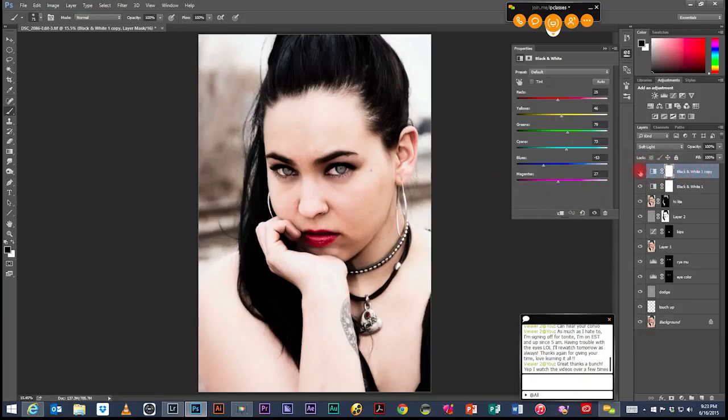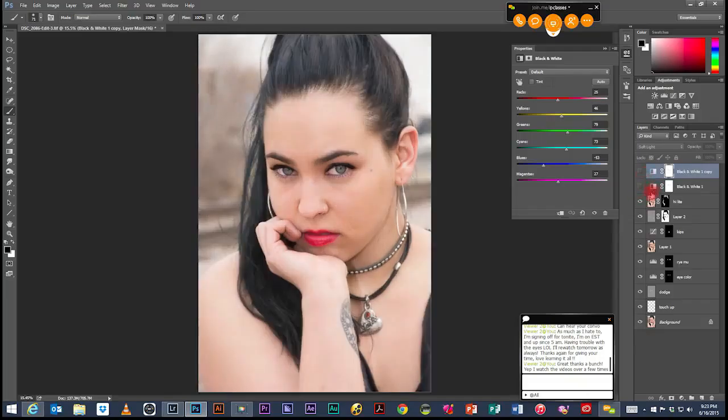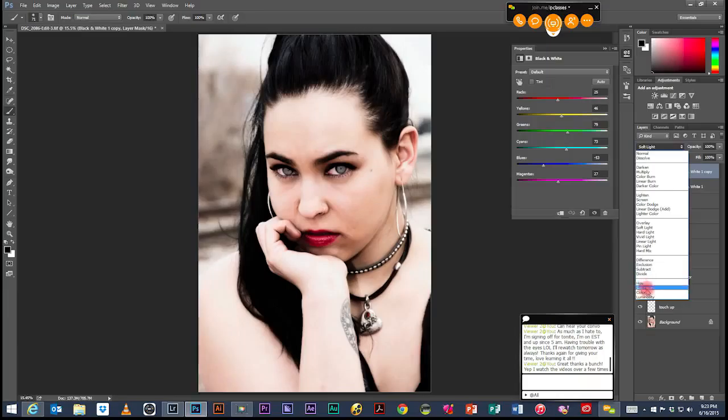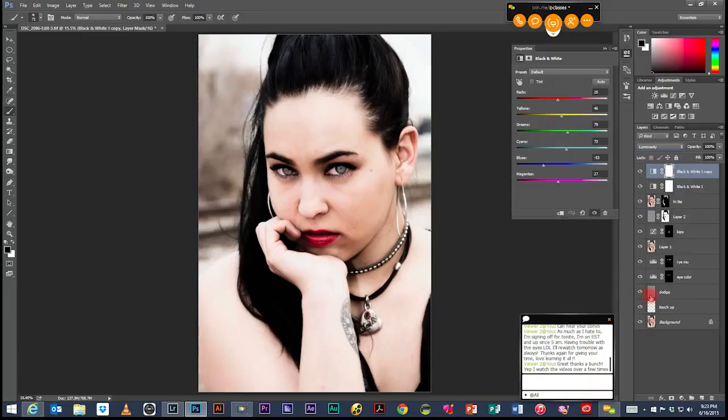So here's without the top black and white layer. Here's without the second black and white layer. Okay, so that's the original minus the black and white layers with the soft light. And then what I can also do is take this black and white layer copy and change the blending mode on it to say something like luminosity. And it's just going to punch up the colors just a little bit more. You can kind of see, gives me a little bit more contrast,